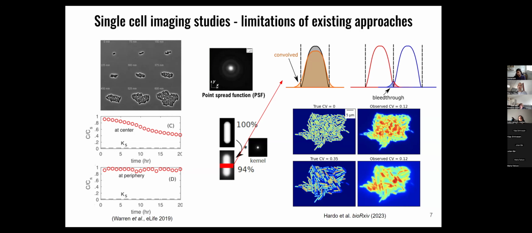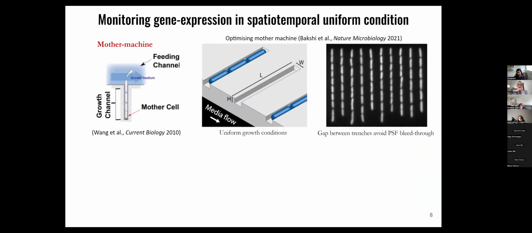So to avoid a lot of these issues, what we use in our lab is a microfluidic device called the Mother Machine, which was originally designed by Suckjoon Jun's lab at the University of California, San Diego, in 2010. In these devices, we have really narrow trenches, about 1.5 microns wide, where a single line of bacteria can grow and divide as they are fed from media flowing orthogonally to the trench direction, which means there are no forces on the cells, and the cells can be imaged for a really long time. And because cells are isolated in their own trenches like this, they have no competition for food.